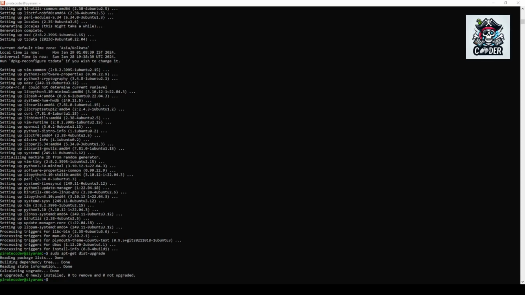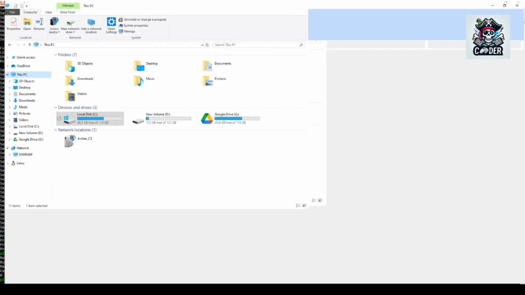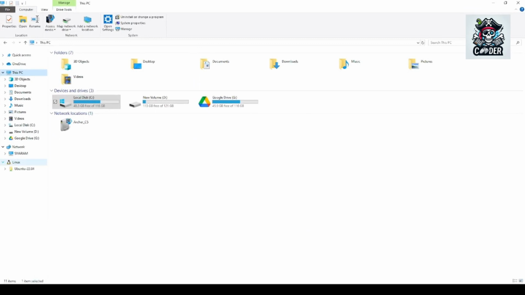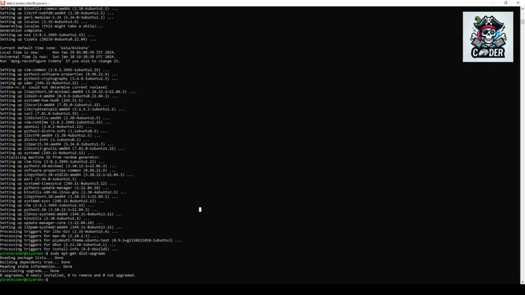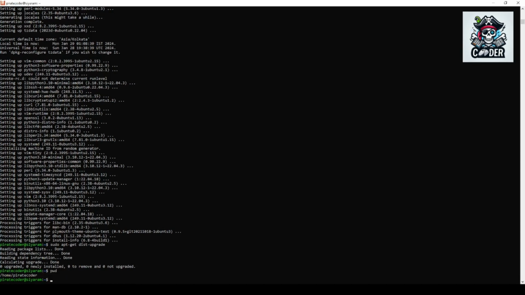And this is it. Now I'm gonna show you. You will get Ubuntu here. So this is the directory for your Ubuntu, and from here as well as from the terminal you can see the directory.